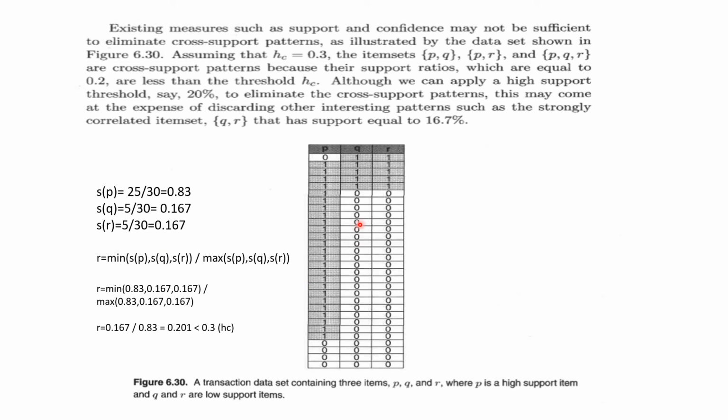So this is basically, if you observe here, a skewed data set having skewed support, because the support of P is very high since it is occurring in almost all the transactions, whereas for Q and R, the support is very low. So whenever items with high frequency get correlated with low frequency items, it is called a cross support pattern, which needs to be eliminated in order to provide a better association between the variables. That is the rule. Thank you.